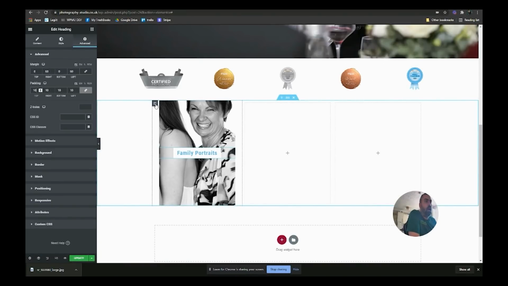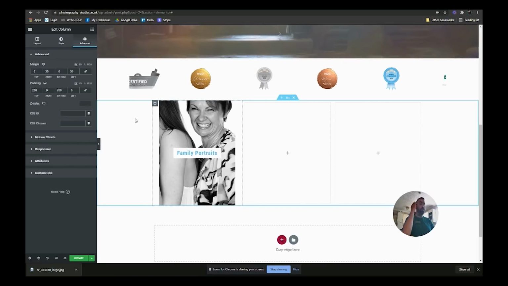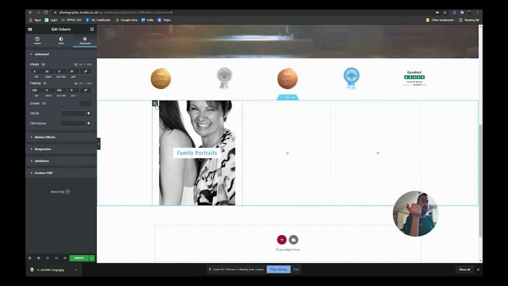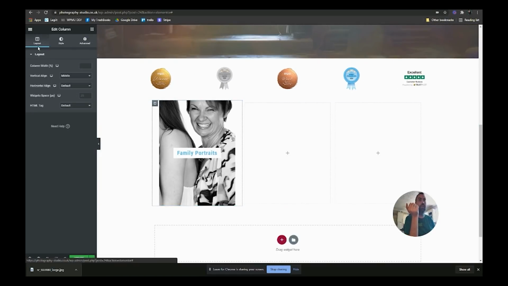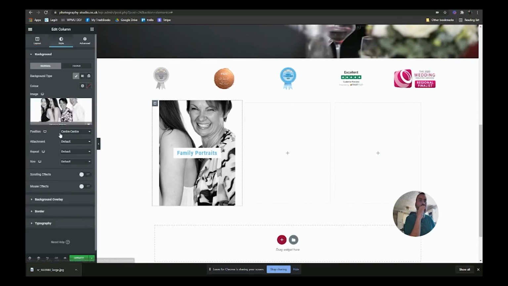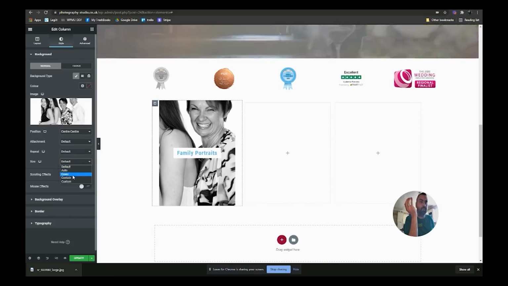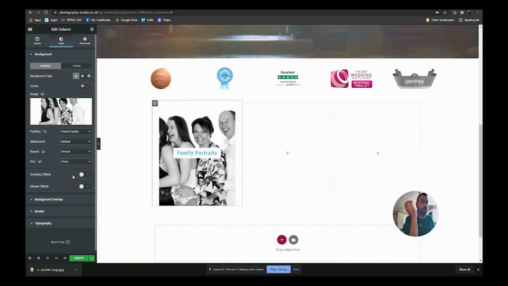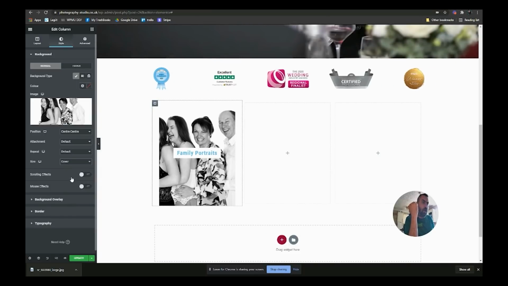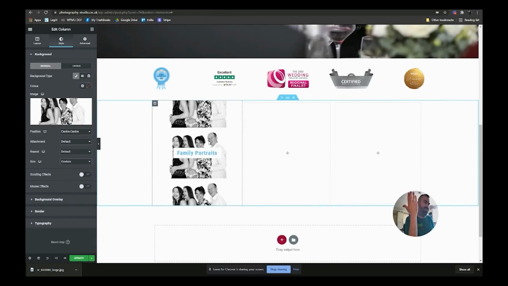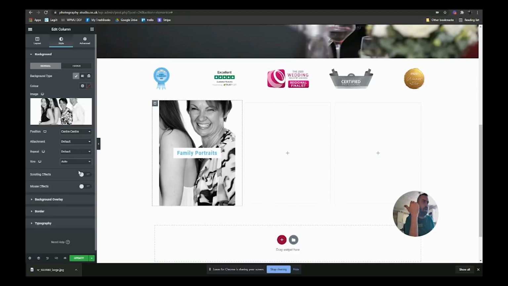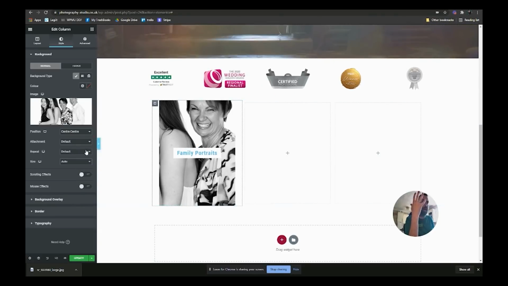I believe that the picture's just too big, so we're just going to click on Edit Column again, and then go to Layout, Style, Background. And what we're going to do is on size, we're going to have that as cover. So that's going to just bring things, contain as well. Well, doesn't work. Auto gives us that full view,